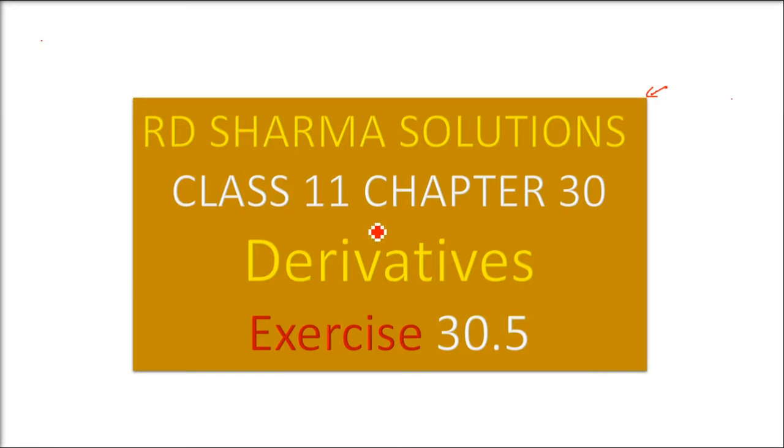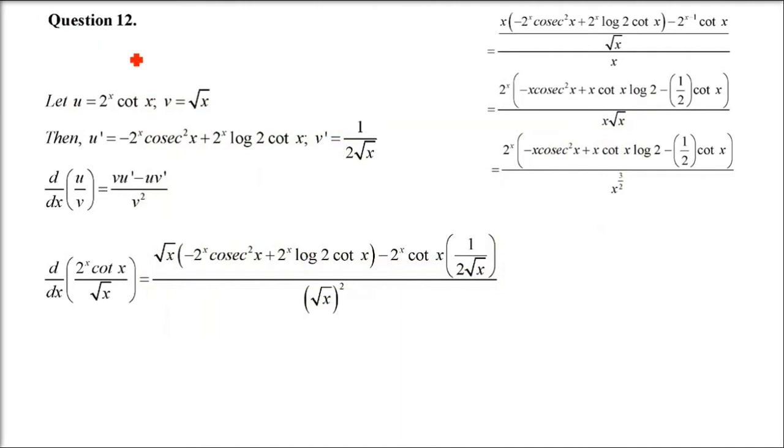This is R.D. Sharma solution, class 11, chapter 30, derivatives. Exercise is 30.5. Now this is question number 12. Here we have the function as a p by q function, or